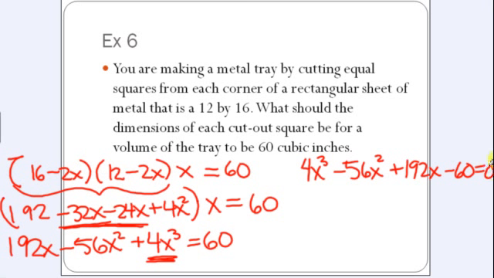4 terms, let's try factoring by grouping. Group the first 2 terms together, leave a plus sign in between, group the second 2 terms together, and now I want to look for greatest common factors. In the first group, 4 and 56 are both divisible by 4. And I could also factor out x squared, which would leave me with x minus